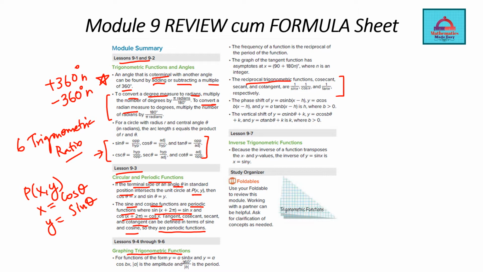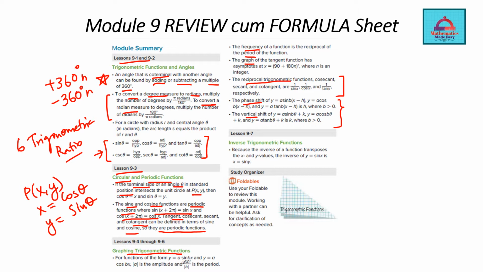Next, we talk about some important key features of the trigonometric function. You will see questions on how you can find frequency, how you can do the graph, how you can find the period of all these trigonometric ratios. Last but not least, the important formula for phase shift and vertical shift. This is the one which is going to help you. We'll see in the slides to come how we can solve questions on phase shift and vertical shift using this